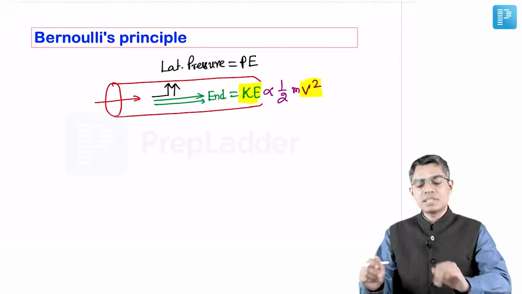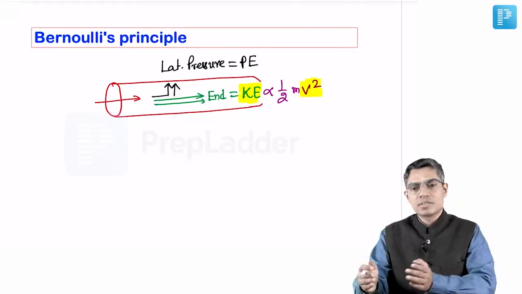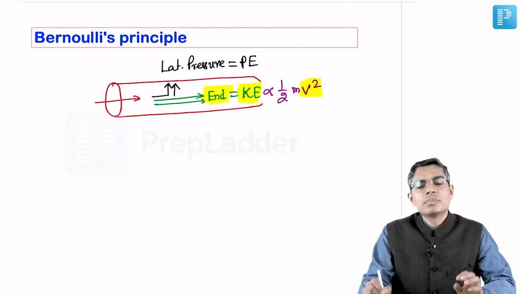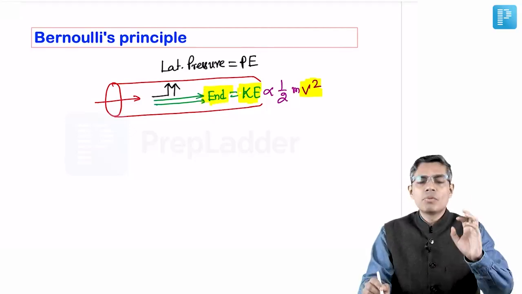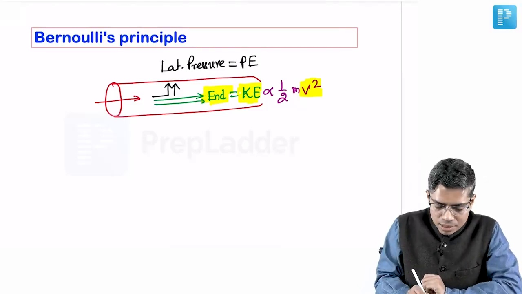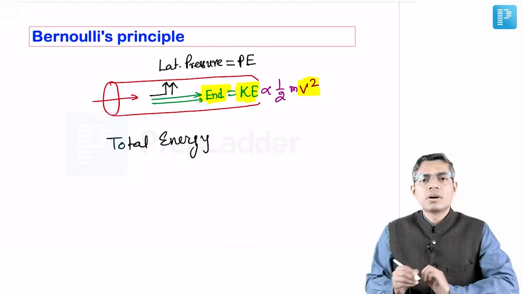M is the mass and v is the velocity. Mass is constant, so the more the velocity, the more the kinetic energy, and the more the end-on pressure. But what is Bernoulli's principle? Bernoulli's principle says that the total energy of this blood flow,